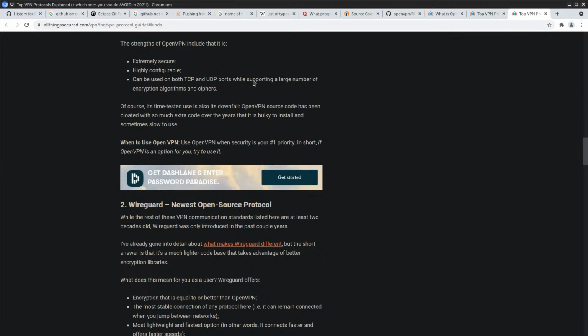I'm not sure why that is a very good feature. I guess if you want to secure, like, I don't even remember what kind of traffic TCP is used for.